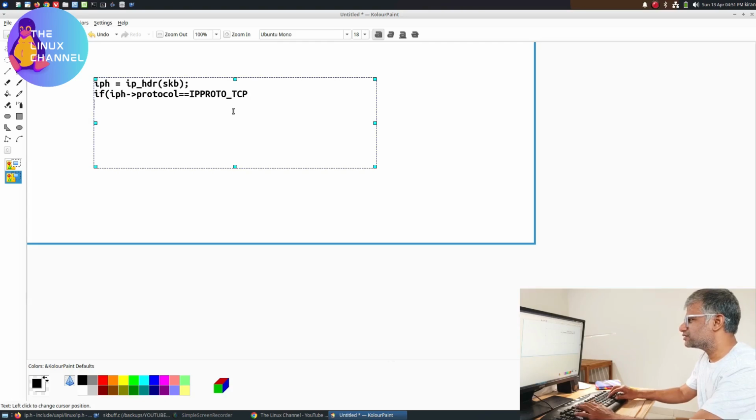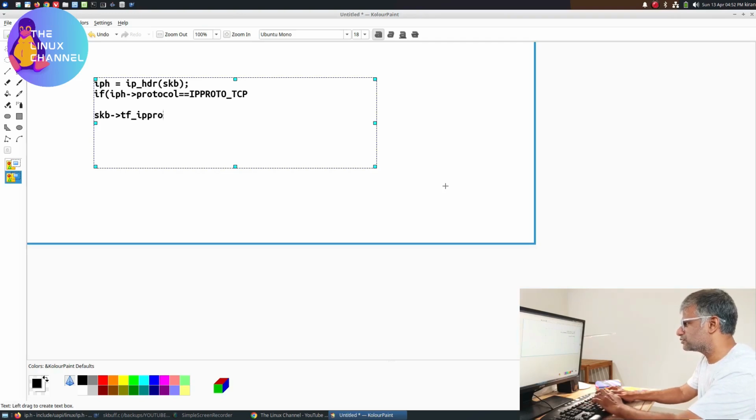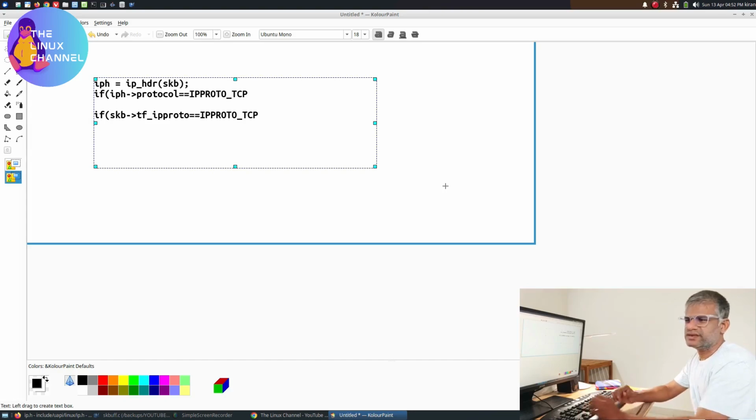Rather than doing this, what I'm doing is I need it in a single call, or I mean a single quick dereferencing. I can do directly SKB of toffee and IP, whatever I have put as the name, IP proto equal to IP proto TCP, something like this I can do. So this is more of a convenience to me, and of course again this is subjective, but along with this